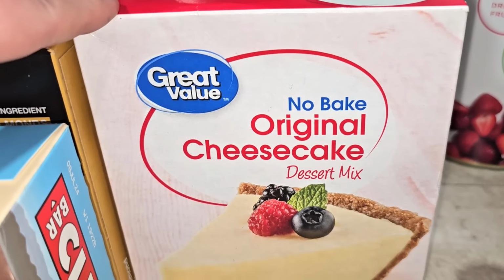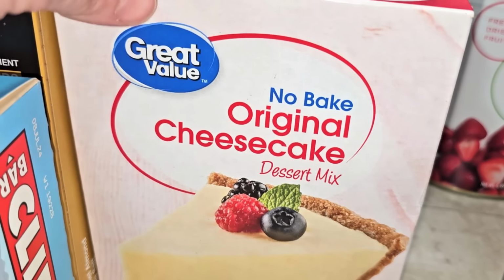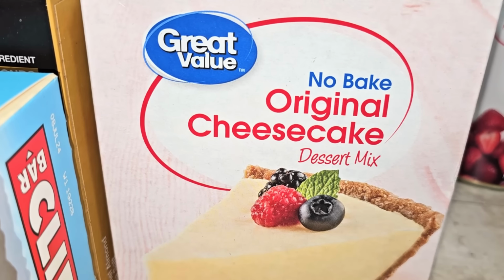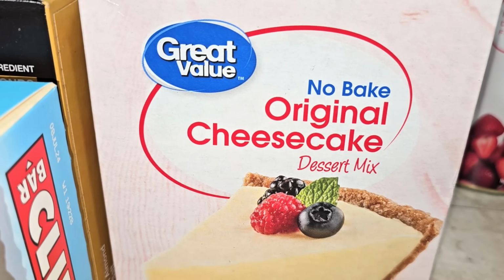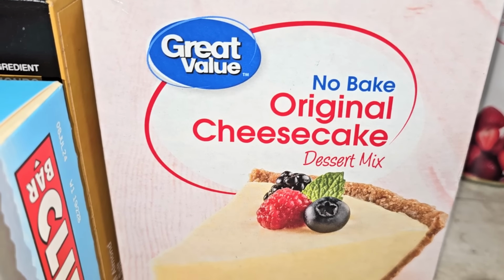And then this no-bake cheesecake mix, I use this a lot for shelf-stable desserts as well. It's super easy. It comes with a crust mix, which is just the graham cracker crumbs, and it comes with the cheesecake mix. I don't usually use the crumbs when I use these in shelf-stable desserts. The crumbs call for butter and some additional sugar to make the crust, so if you were going to use them,